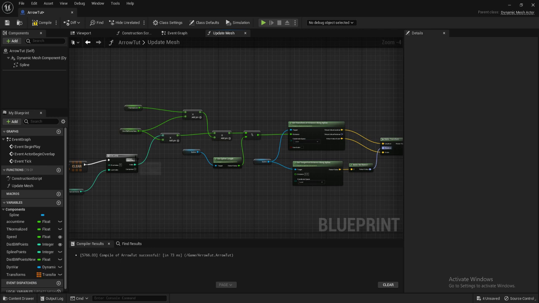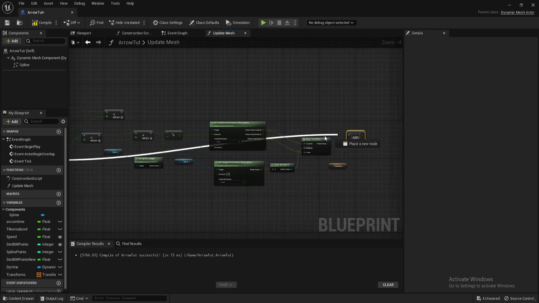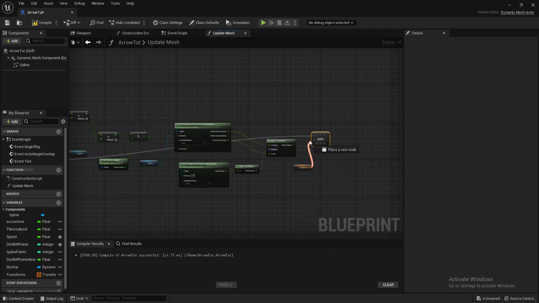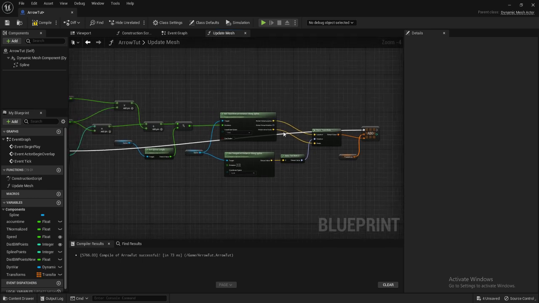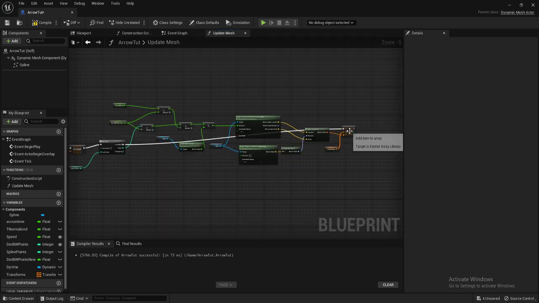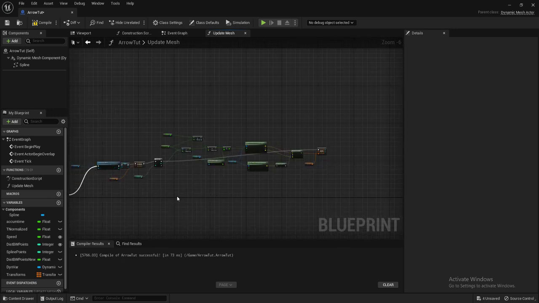We'll hook up our power here. So each time we do this loop, we're going to do this add. It's going to be this array. It's going to be this value. So then that's about it. So we're going to keep adding this transform to this array, and the number of elements in this array is going to be equal to the number of spline points. So we have a transform for each arrowhead,